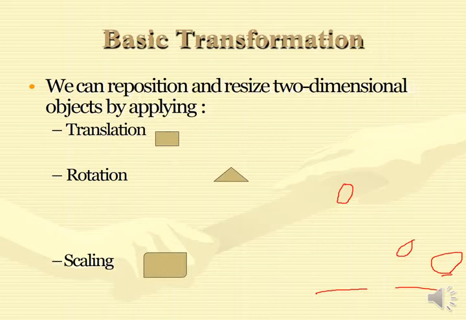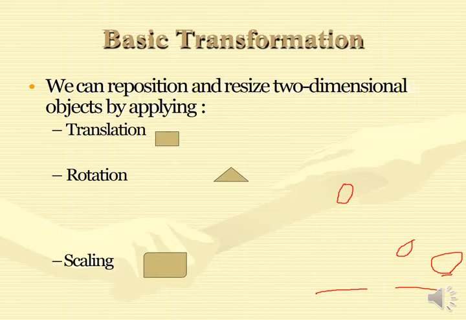So the main concept behind this is that every rigid transformation is a non-rigid transformation, but the other way around is not true. That means the vice versa is not true. That is the main concept between studying these two. Now let's proceed to what is translation, what is rotation, and what is scaling.